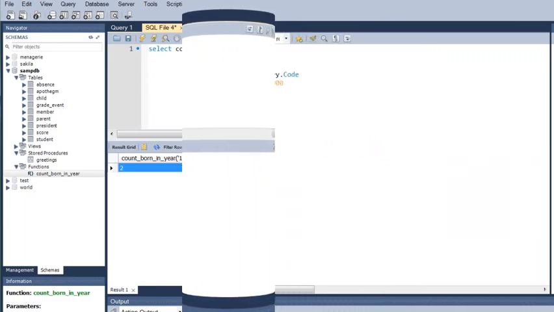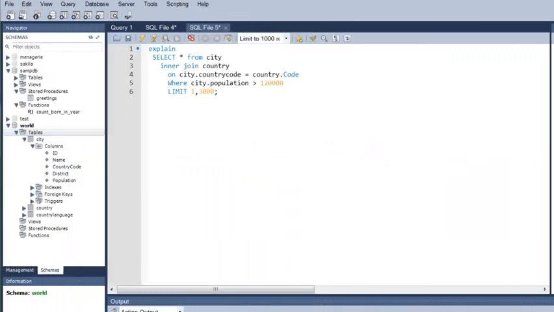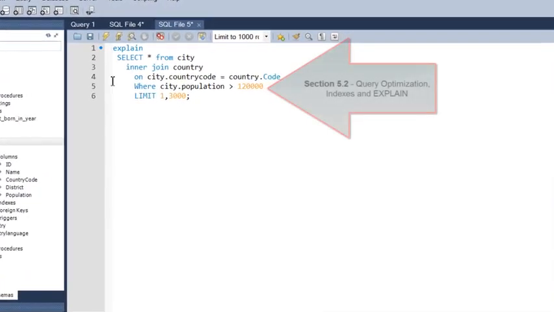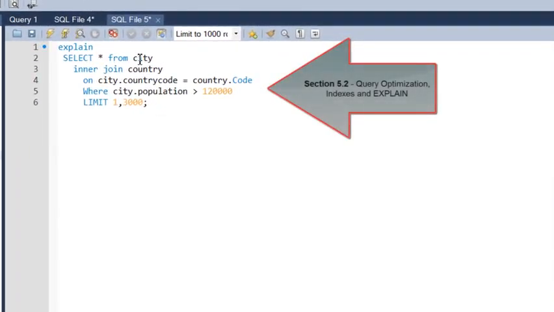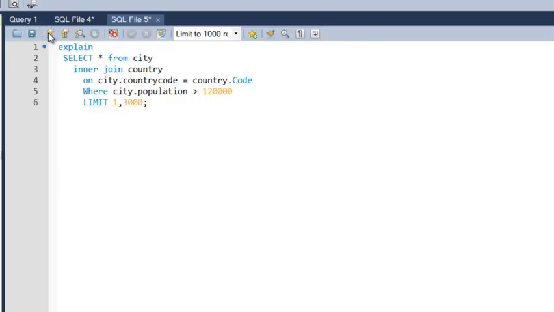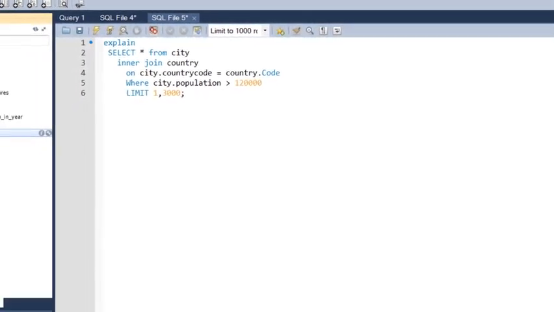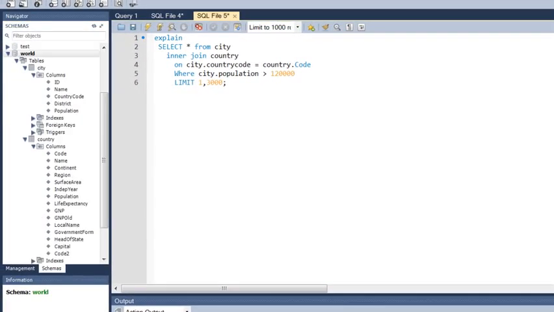The final demonstration in this video will take a look at query optimization. Section 5.2 of your text covers query optimization and some information about using the explain command. For this example, I used the world database which was given to you when you installed MySQL. Query optimization can be very important when you have large databases, and I chose the world database because there are over 4,000 records,